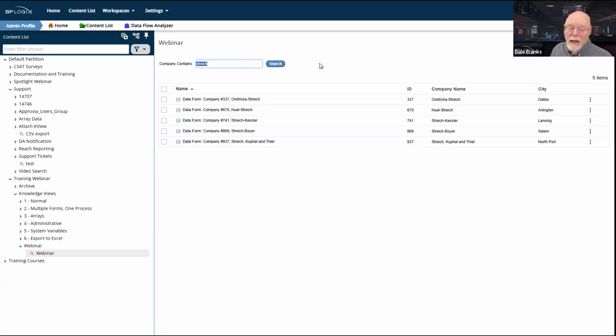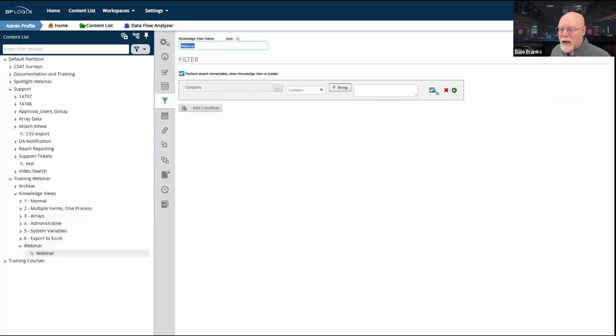Now, it is certainly possible to have both filters that you want to display to the end user and filters that you want to impose that you don't want the end users to see. And that's perfectly fine. For example, let me add a condition. I've got two ways of adding conditions.